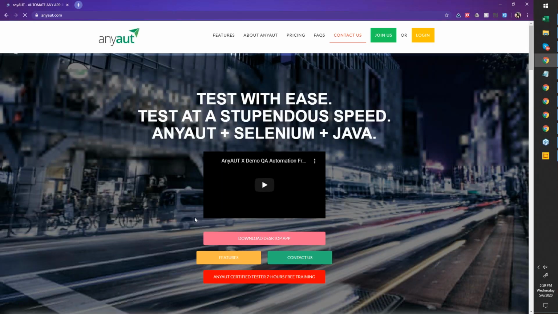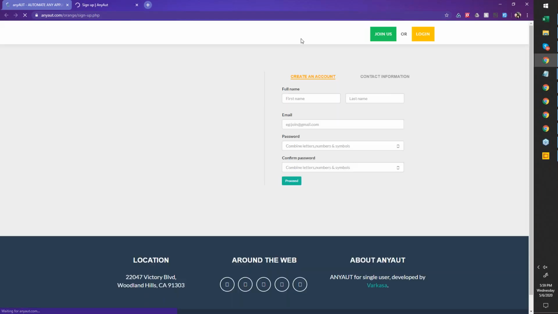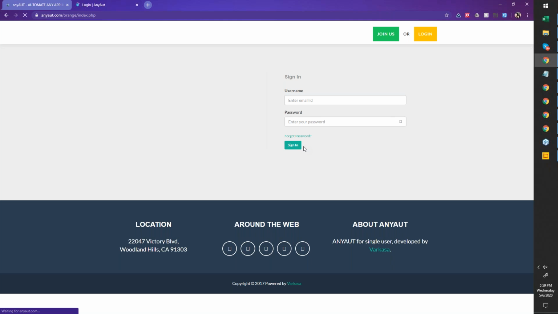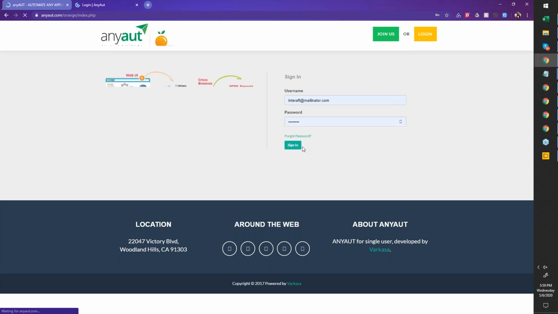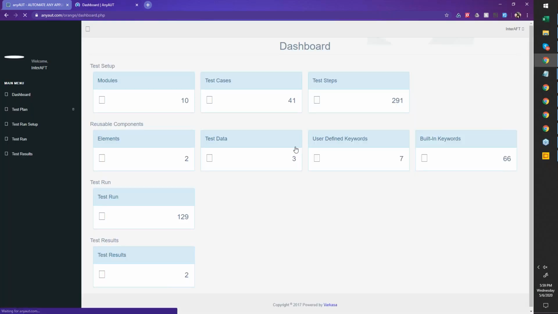Someone who wants to sign up clicks on join us. It takes us to the sign up page, a different page. If I want to log in, I click on login, and it takes me to the login page. Once I've logged in, I'm able to go to a dashboard and see what is behind it. That's a simple process of an application.